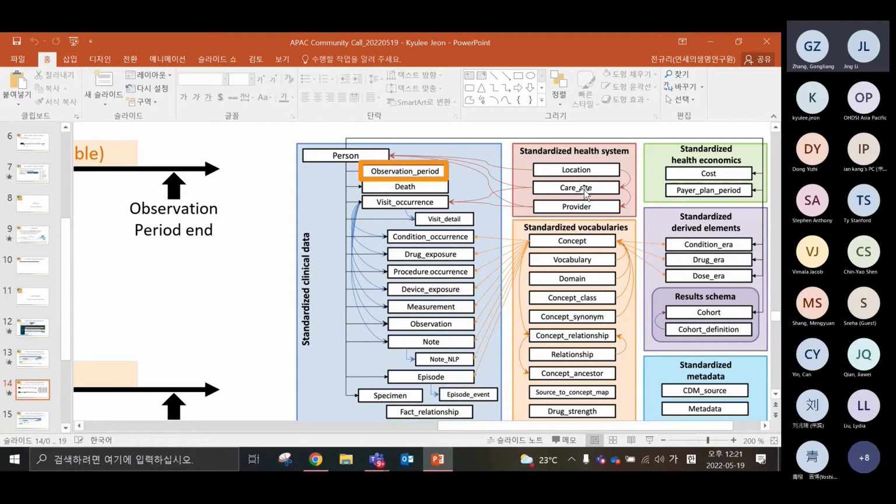I don't know if anyone has any experience with the care site ID? Yes, for example, one hospital built an OMOP data set, right? There may be different departments, for example, department of surgery. So we need to find how many patients visited this surgery center, because maybe they have multiple surgery centers. So we need to find the patients who visited surgery center A.